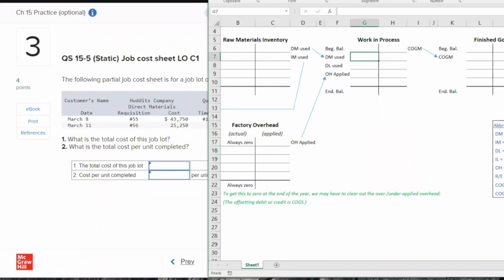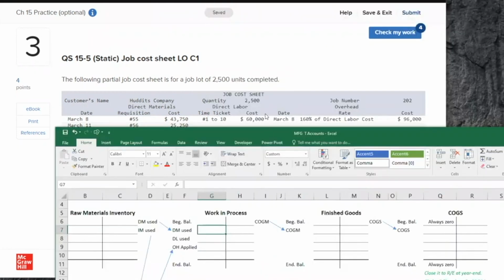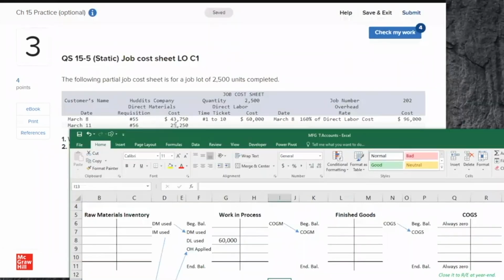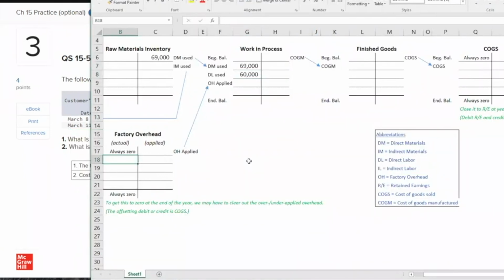The direct labor is just $60,000. That doesn't really come from anywhere, but it's going to go here. The 60, is it 60,000? So I can actually start putting numbers in here. And the direct materials are 43,750. Let's go put it here, 43,750. And 25,250. That's 69,000. So the direct materials come out of here, go into here. Direct labor goes there. Now the overhead, so the actual overhead, factory supervisor salaries,